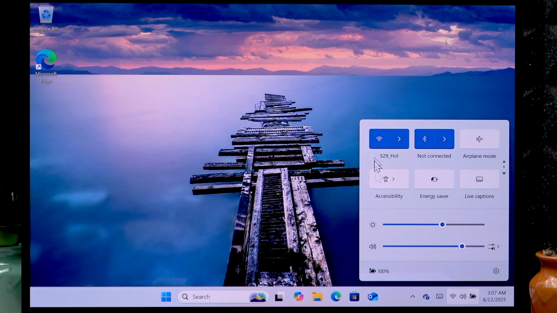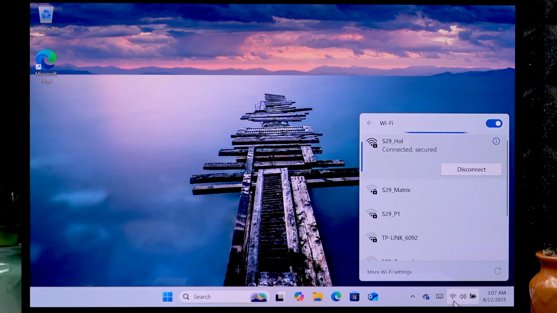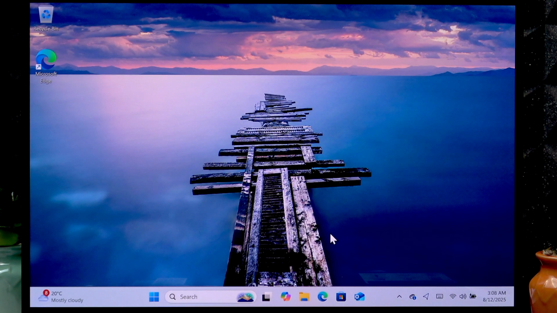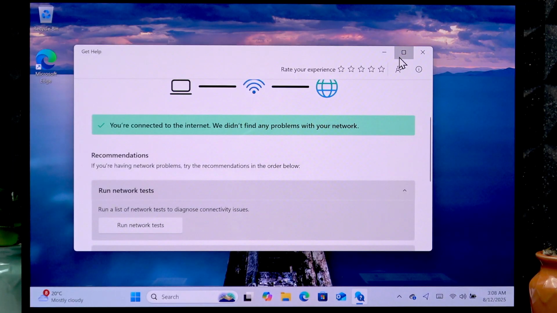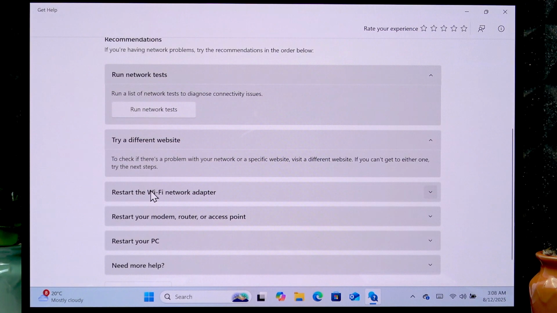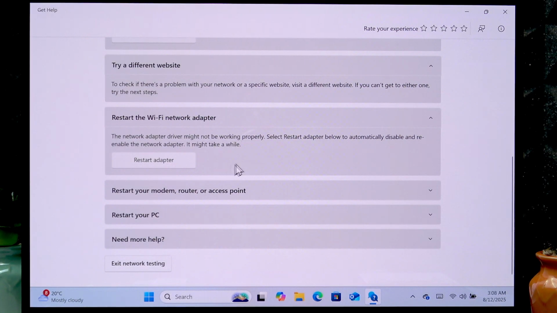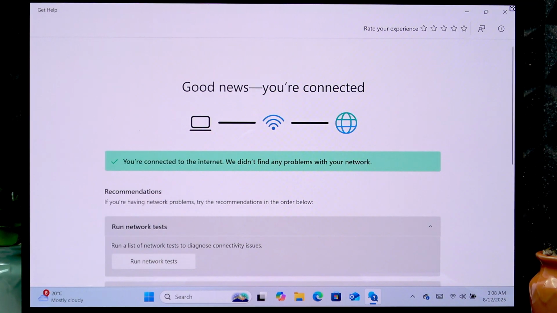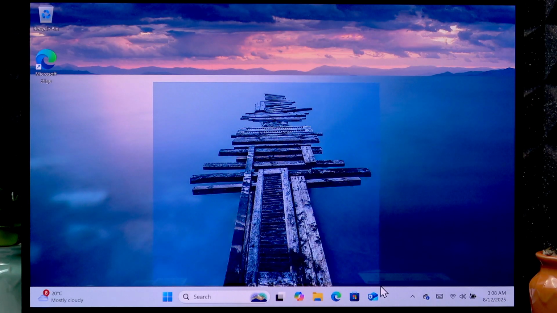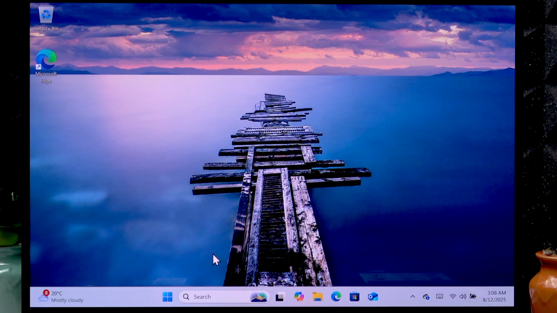And if it didn't, you can right click the Wi-Fi icon again, then go to Diagnose network problems, and then just go through the troubleshooting options like running network tests, trying a different website, restarting the Wi-Fi network adapter. So check the steps yourself, and if they don't help you solving your issue, then we can also try to do